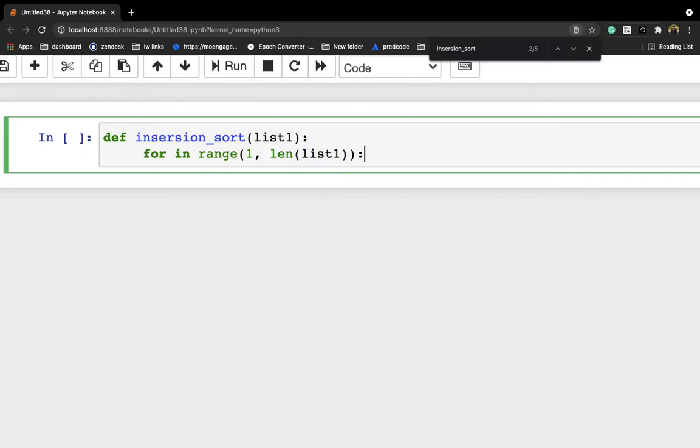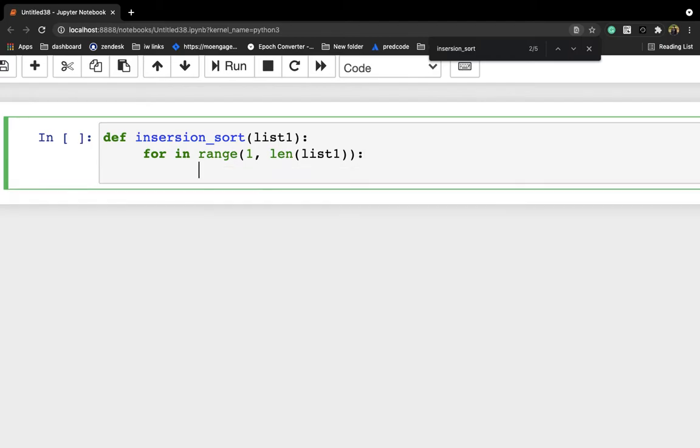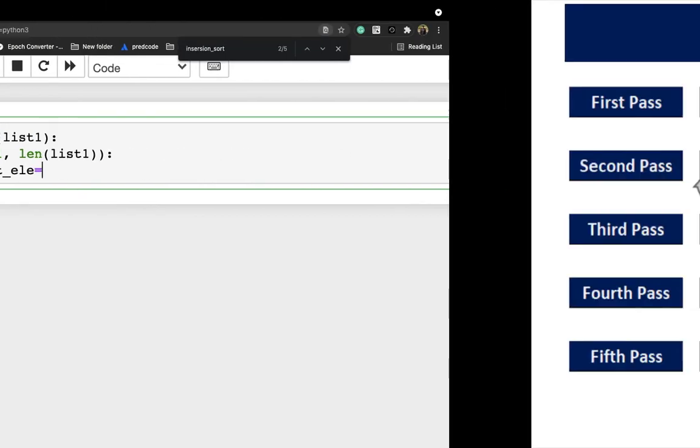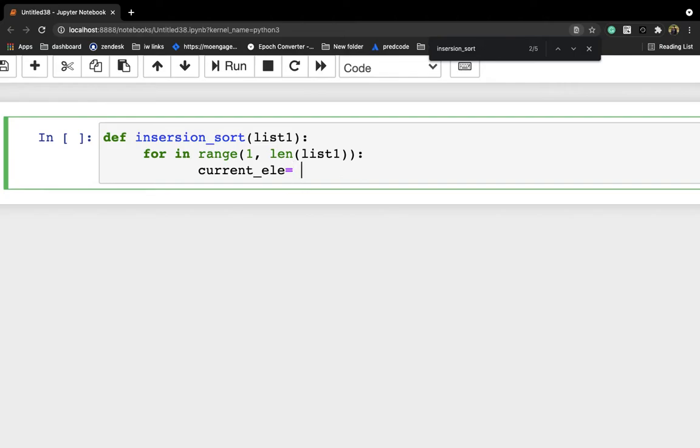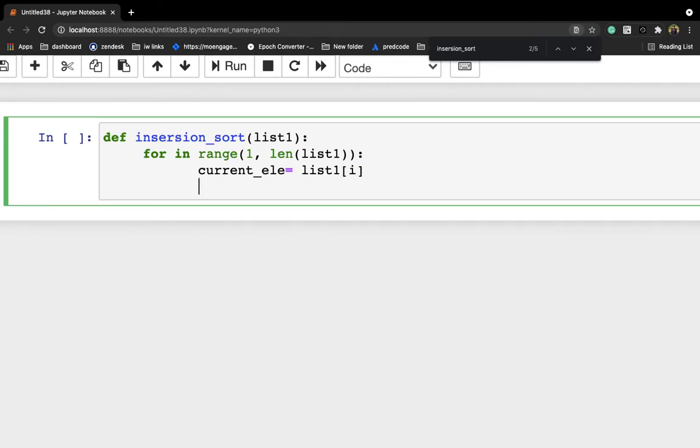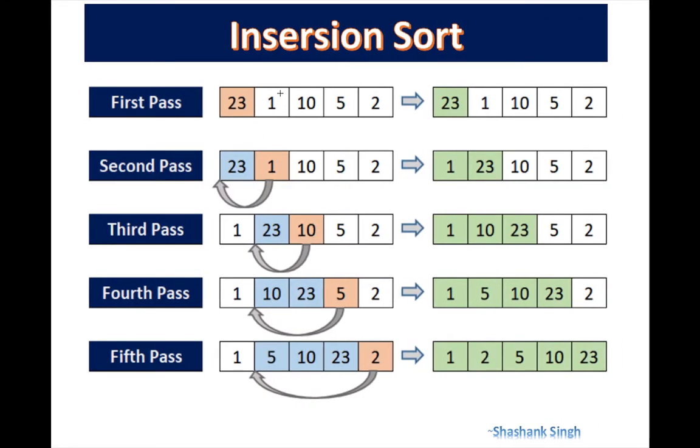So I'm writing here length of list1, and after that I'm writing current_ele. So this is the current element. The current element is the first element of the unsorted list, right? And then I'm writing here list1 of i. So if you'll see, initially this is at the 0th index and this is at the first index, right?